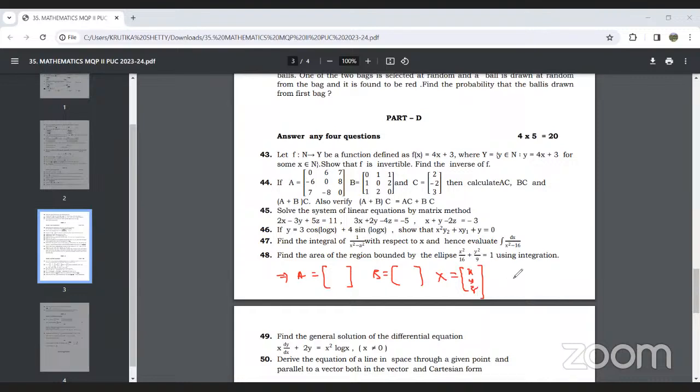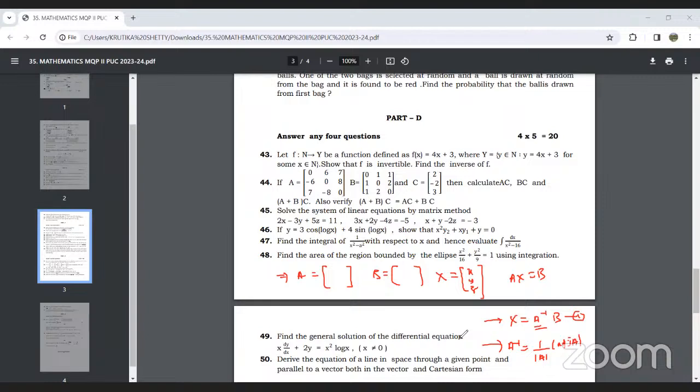So by matrix method we get AX = B, or X will be equal to what? A inverse B. Okay, so this is the equation. So we have to find A inverse. A inverse, how do we calculate? A inverse is equal to 1 upon determinant of A into adjoint of A. So using this method, first calculate A inverse and then substitute it in equation 1 and